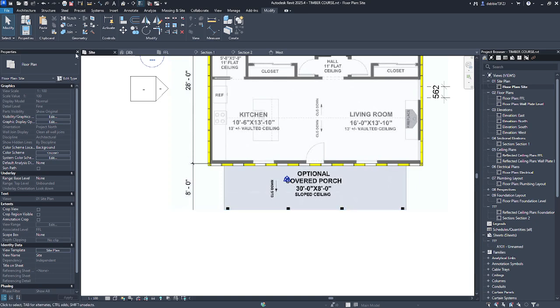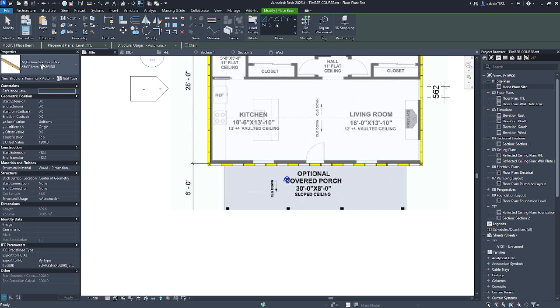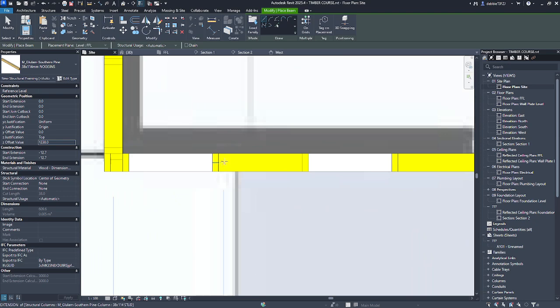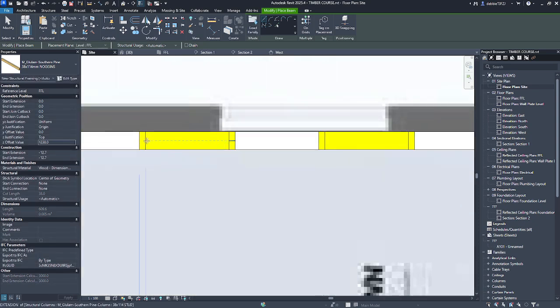There we have that. So let's go back to structure, beam. Make sure you have your noggin selected. Go to your Z justification offset value 1238, and let's draw in our other ones.